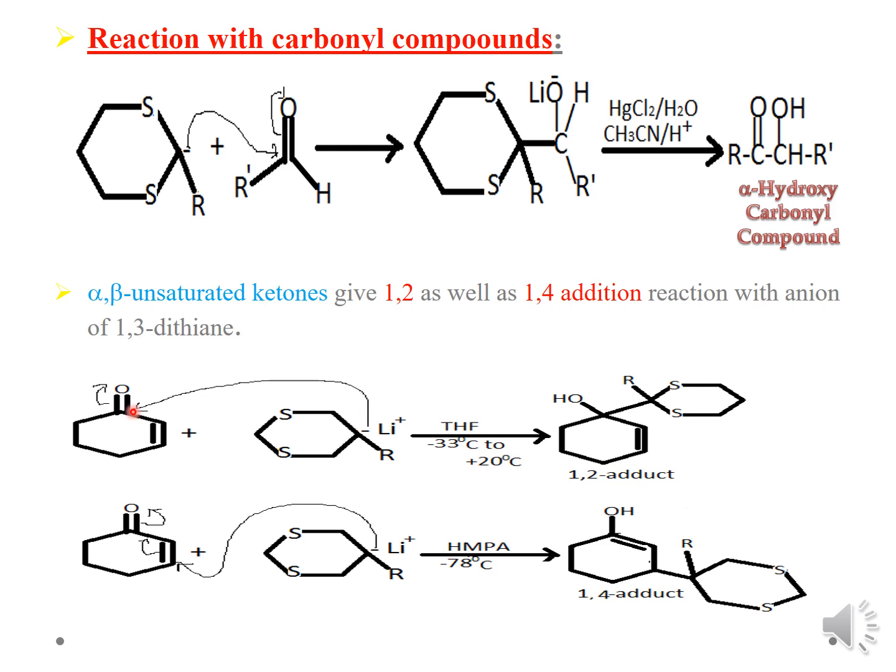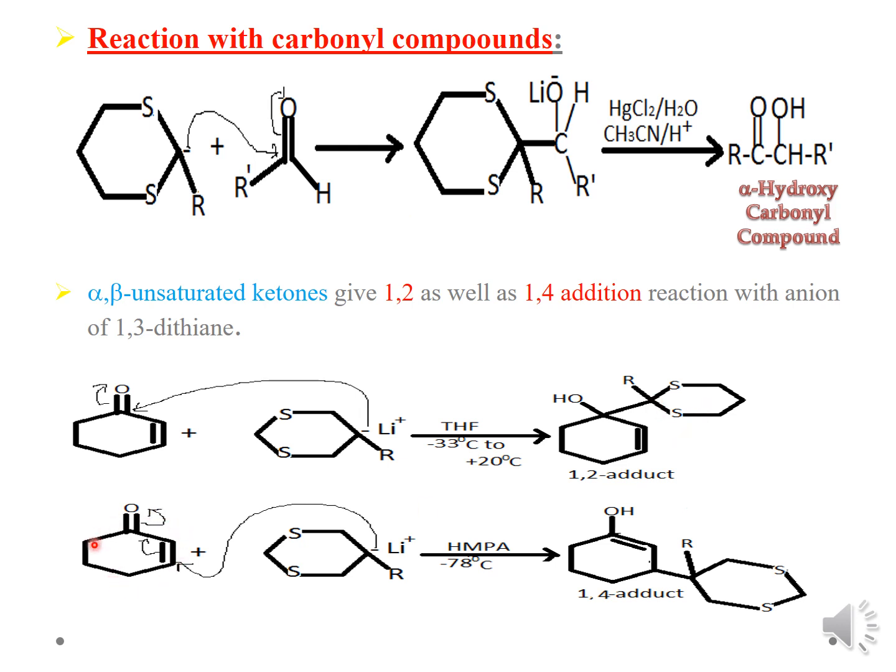Once it goes and attacks the carbonyl carbon of your ketone group, this bond shifts, making a negative charge, O minus, and after that it will abstract the proton. Upon protonation it will result in OH, and then you will get your 1,2 adduct. If you add HgCl2, it gets deprotected and you will result in your CO group, okay.